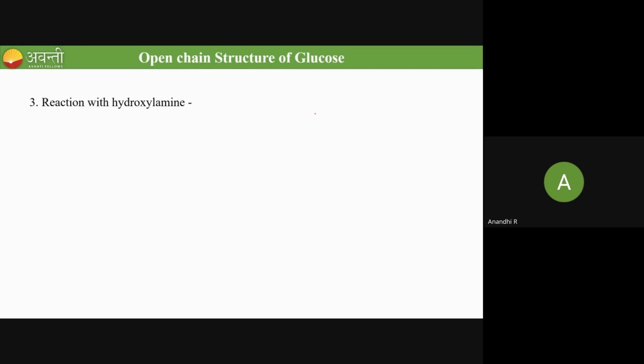Yes. So coming to the next reaction, it is with hydroxylamine. The formula for hydroxylamine is NH2OH. This we have seen in the aldehydes topic itself. So can you let me know the name of the product we get from here? When an aldehyde reacts with NH2OH, what happens? We have already come across this reaction under reaction with ammonia. Yes, Sandeep. Great. We get an oxime.